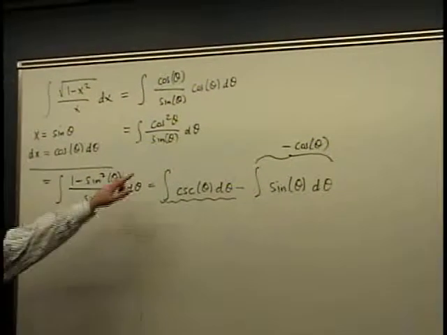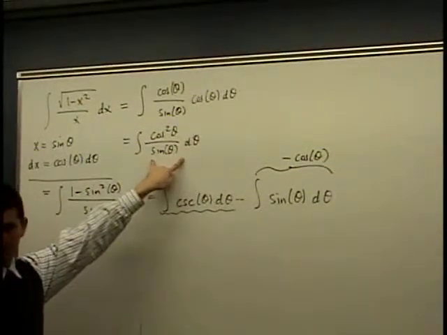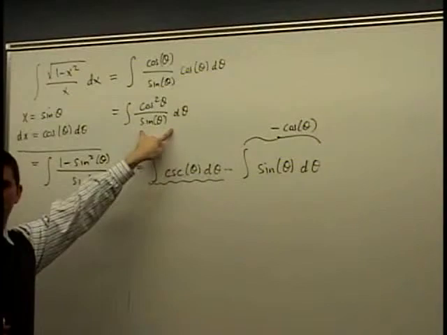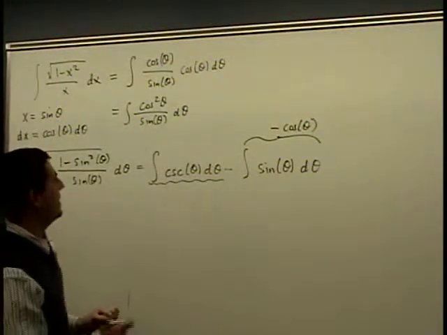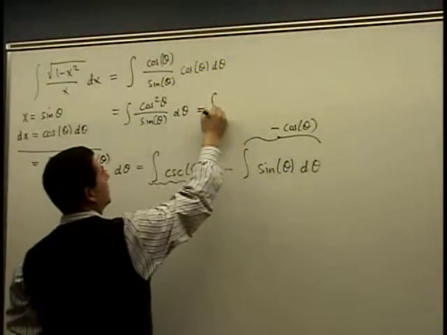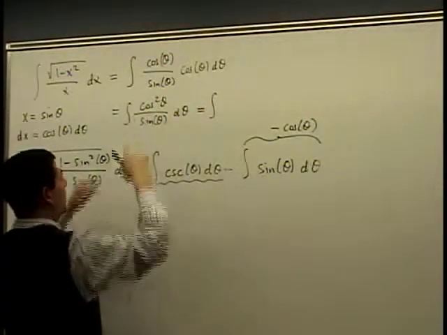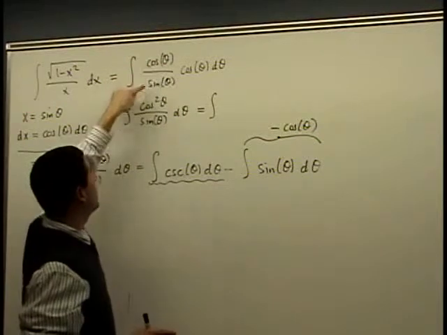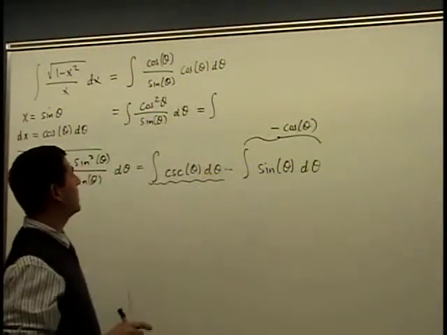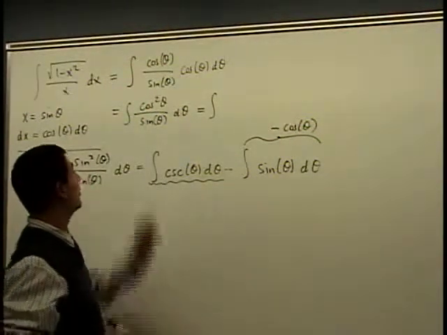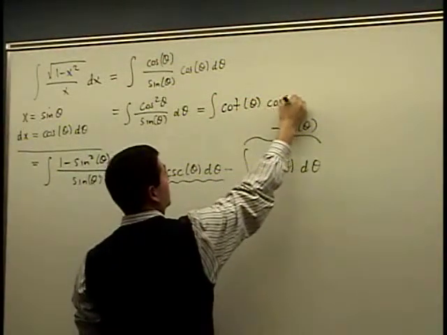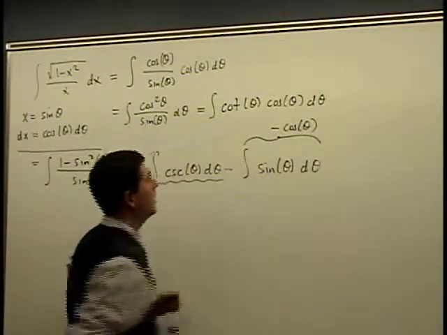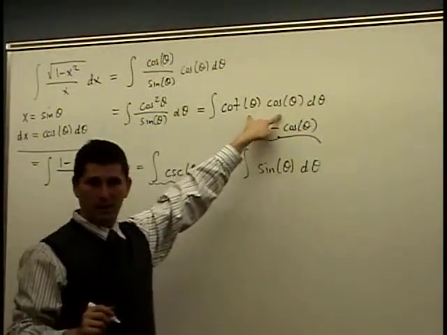Okay, so let's just see what would happen if you tried it a different way. If you'd left it like this, cosine over sine times cosine, would that have helped you any? Well, cosine over sine is cotangent times cosine. I'm not saying this is a good way to do it. I'm just saying you might have also seen it this way. The problem here is